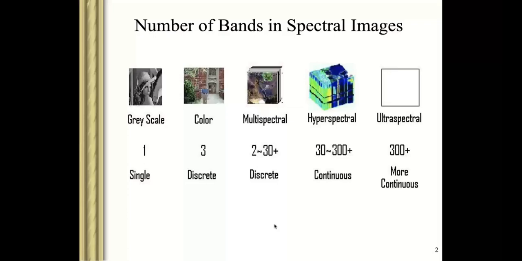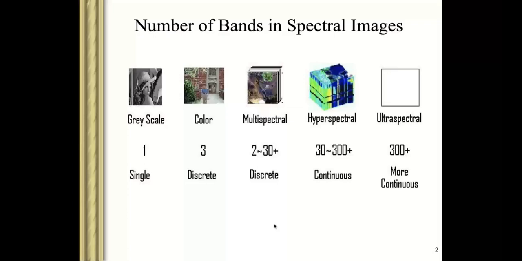So because of the advancement of sensors, we now have more bands in satellite images. Like in Landsat we have multispectral, and afterwards we are getting this hyperspectral technology. In hyperspectral technology, instead of 30 bands, we have around 250 bands, 300 bands, and recently in some images we have 400 bands. So what is the importance of those bands?